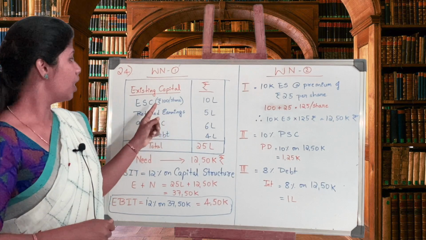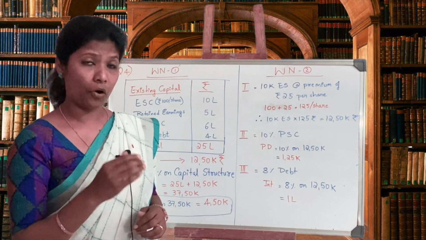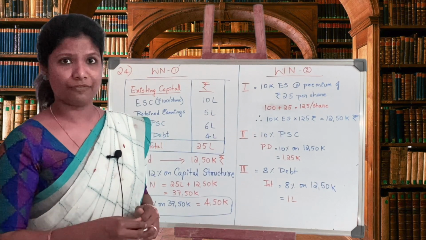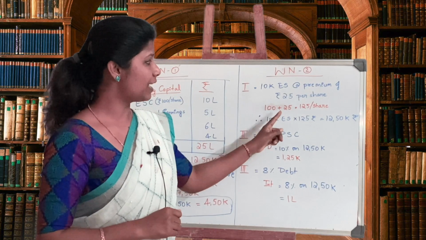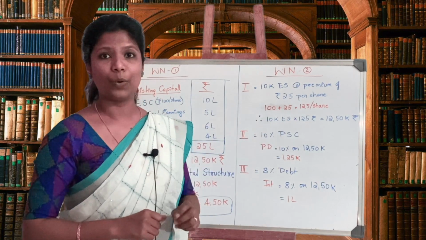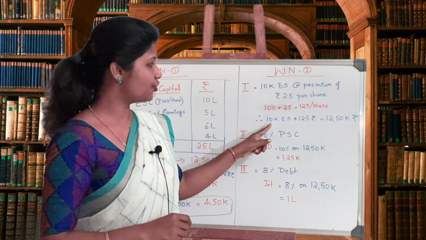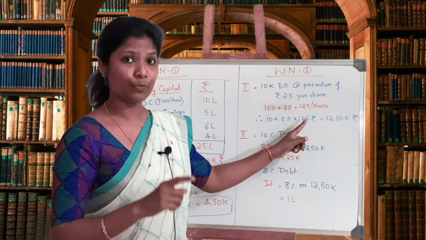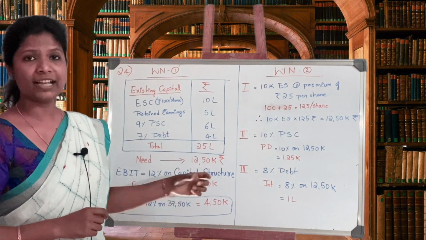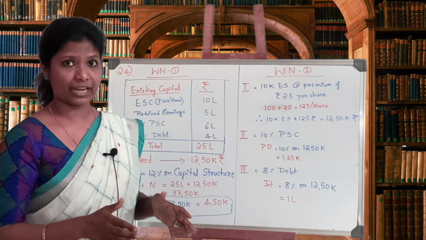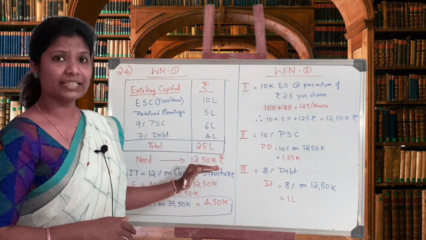Existing capital is rupees 100 per share. So we know the base price is rupees 100. On 100, add another 25, and that is your first plan. So my price per share will be 100 plus 25, equal to 125 rupees per equity share. So 10,000 shares multiplied by 125 rupees per equity share will give the needed capital of 12 lakh 50,000. So we are going in the right direction. Each plan's capital must match the needed capital.